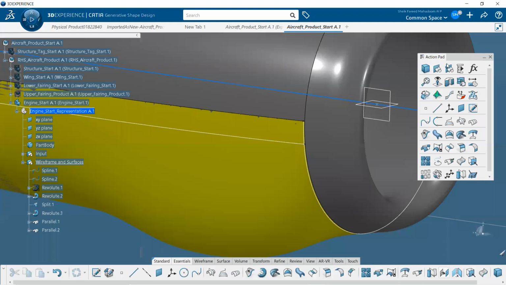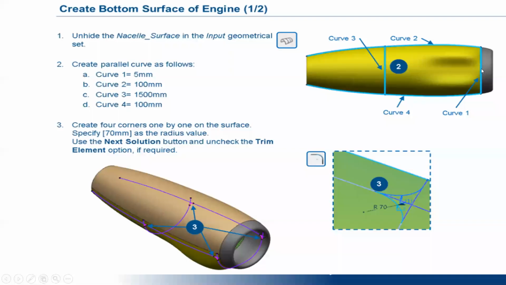You can see curve 1 is created, curve 2 is created, and curve 3 we have to create at 1500 mm from this side. So what you have to do is select the parallel curve option and then